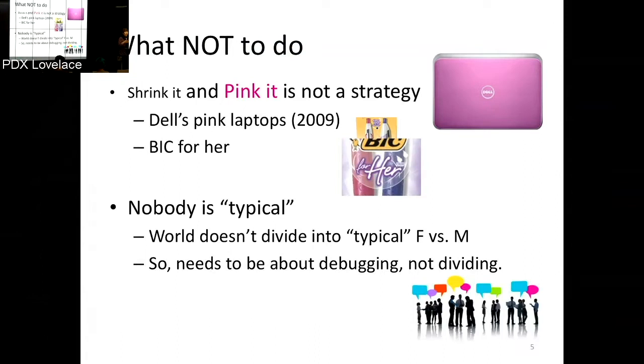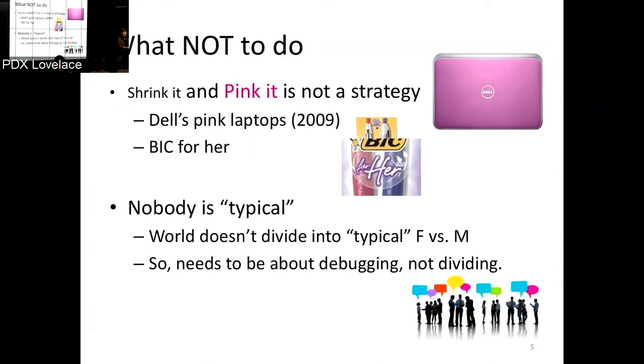Are we supposed to have 1 million different versions? No, you have to think about it at a smaller granularity. So it can't be about whole systems. It has to be about individual barriers, one at a time, that are biased against one group or another. And you think of those barriers as bugs, and you think about getting rid of them as a debugging task, okay? So that's the key. And so it's gotta be about debugging, not about dividing.